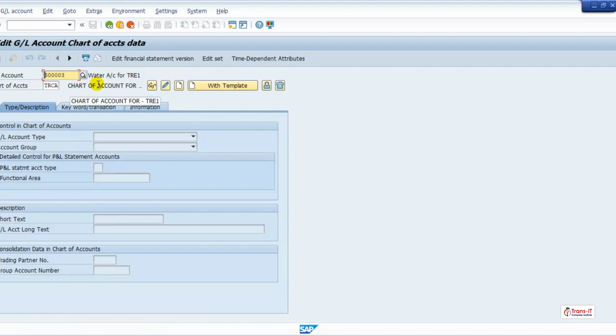Enter our GL number 110010. Enter chart of account